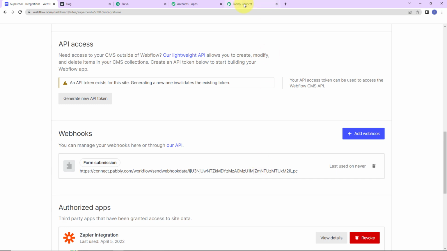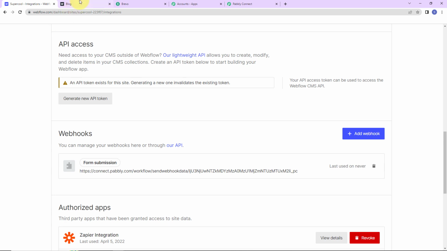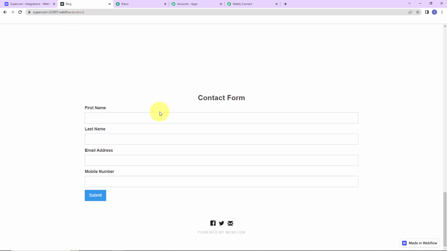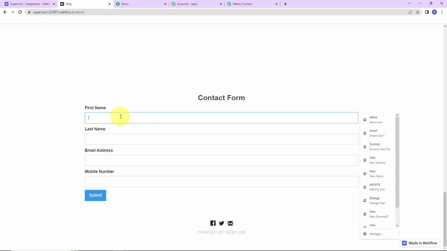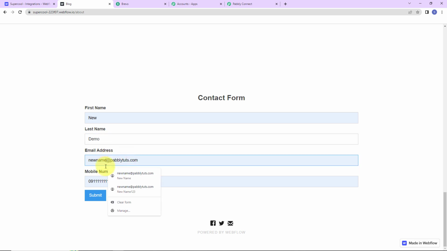Now once this is set, here we can see it is asking us to do a test submission so that the data can be recorded here in the webhook response. So now I already have created a form here. Let me show you the same. So this here is my contact form. So what I'm going to do is, since the integration is all set, I'm going to fill up this form. So let's say the first name here is new and the last name is demo. Then we have the email address here as